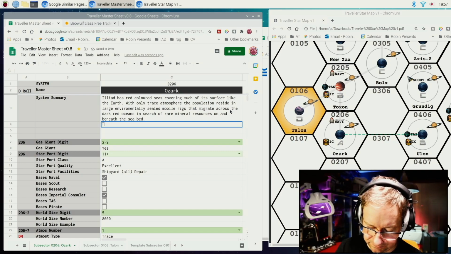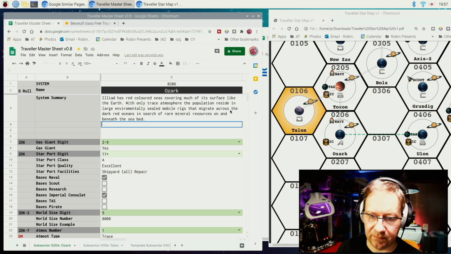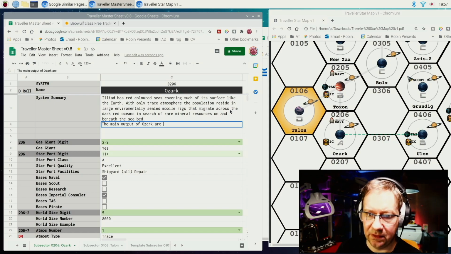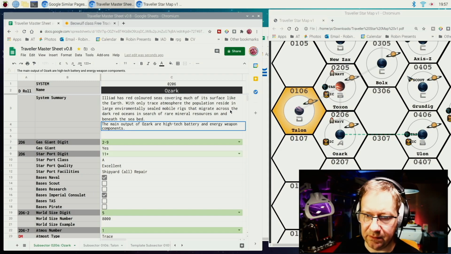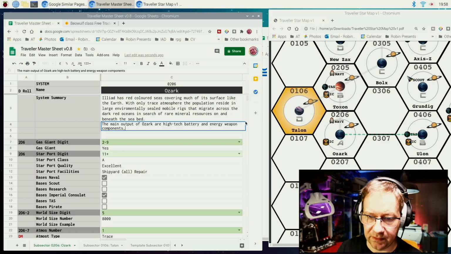So, the main, I'm going to say the main output of Ozark are high-tech battery and energy weapon components, developed and built on